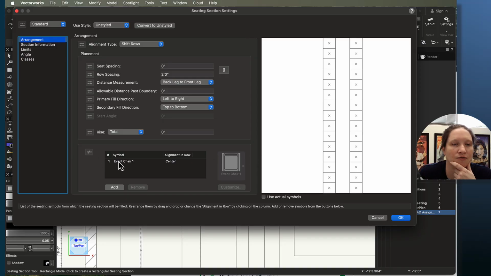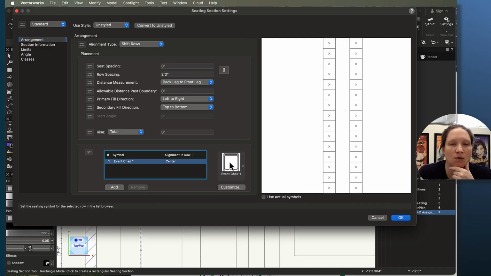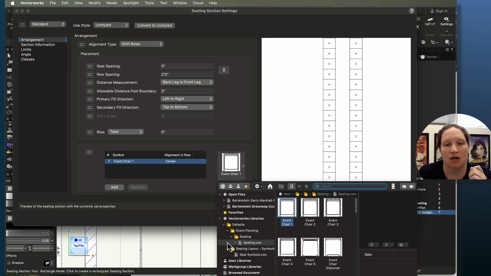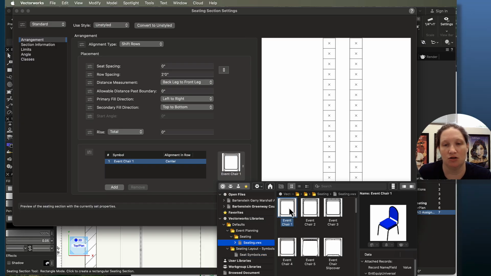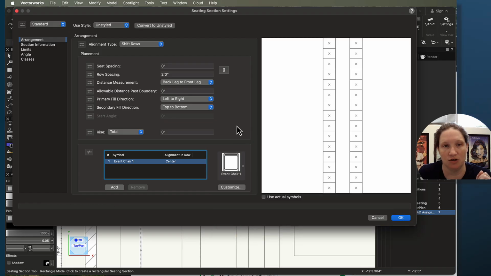The chair that is the default is this Event Chair 1. So if you select that, Event Chair 1 will look like this. This theater actually uses this kind of like chair that is for banquets and whatever. That is their audience seat. So we can leave that alone in our case. In other theaters, like our experimental theater, we would open up this little menu and then go find in the seat symbols this event padded theater seat, which is going to look more like the chairs that you would actually have in our theaters. But for the purposes of our adventure, this Event Chair 1 is actually just fine,